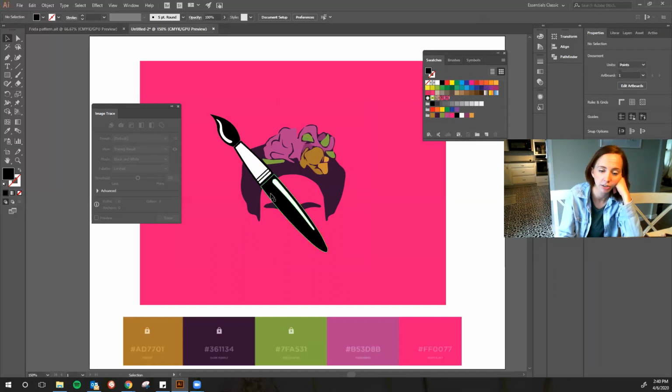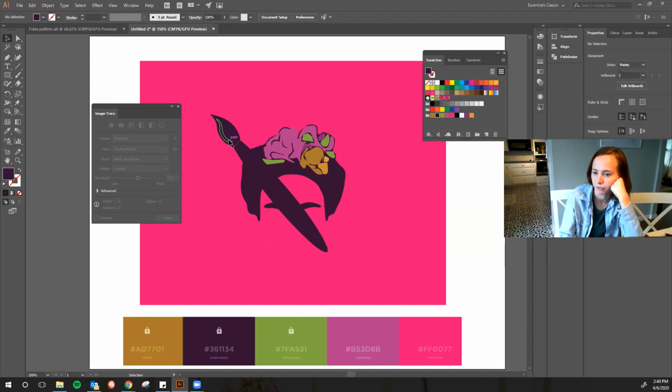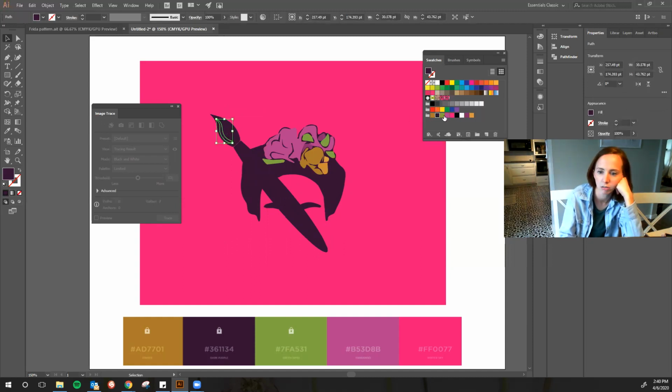So now I'm gonna change the colors on the paintbrush again. And I'm gonna do what I did before. I'm gonna just make it all that purple color. But then as I hover over it, I'm gonna change the different parts. So I think I'm gonna make this green, still staying in my color schemes. I think I might make this,